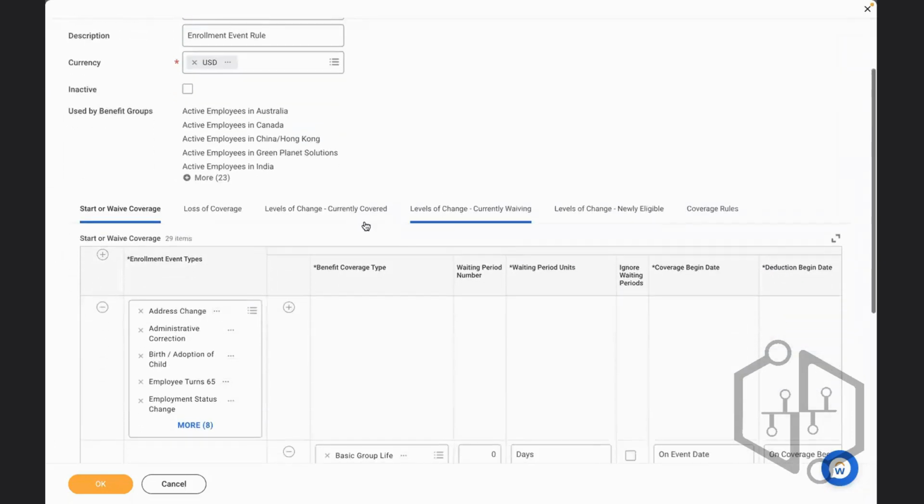Okay. So we have 6 here, and out of these 6, 2 are very important. Start or waive coverage lets you assign the benefit plan or waive the benefit plan. Loss of coverage means removing the plan from the employee after a certain time period. For example, a dependent is no longer eligible for the benefit plan since the dependent has reached the age of